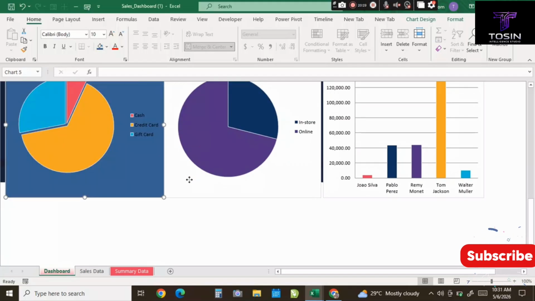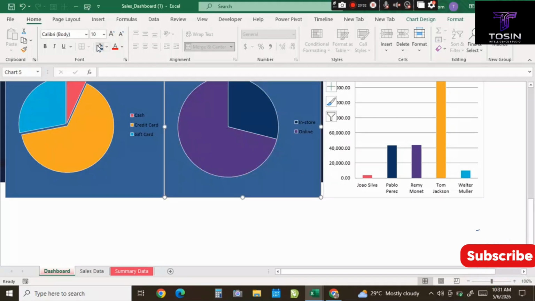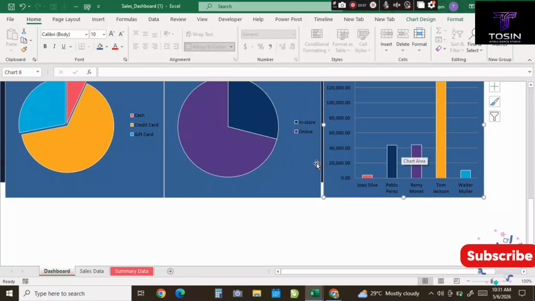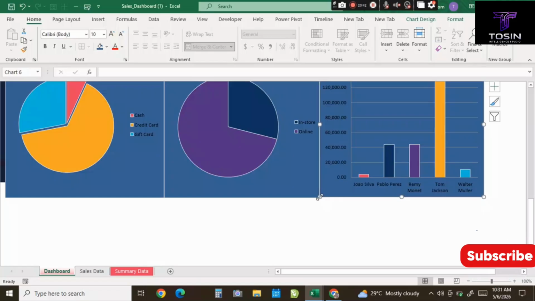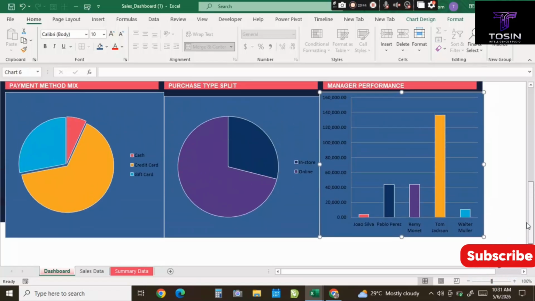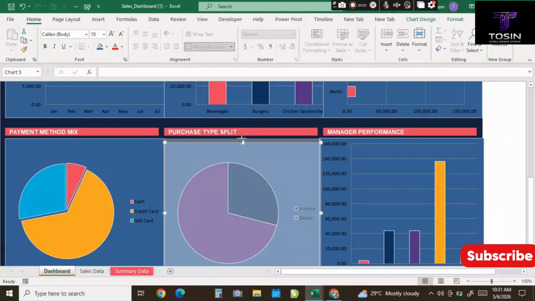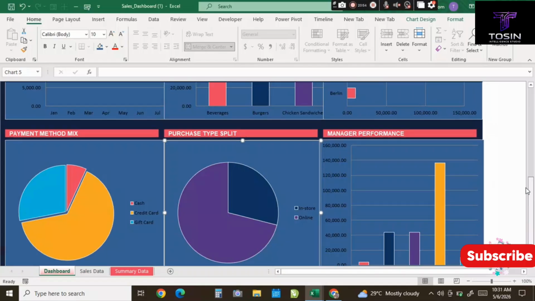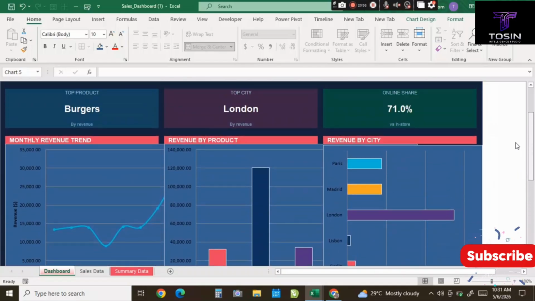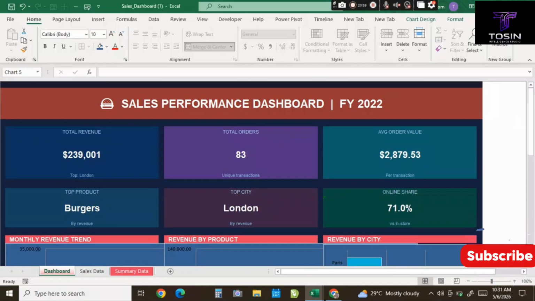So we just need to arrange the chart well and change the background color here to any color you want. You can still use the same color you have used before for the other chart. So arrange them well. Can you see our dashboard? If you notice you haven't done anything else like your slicer, you can still go ahead and use